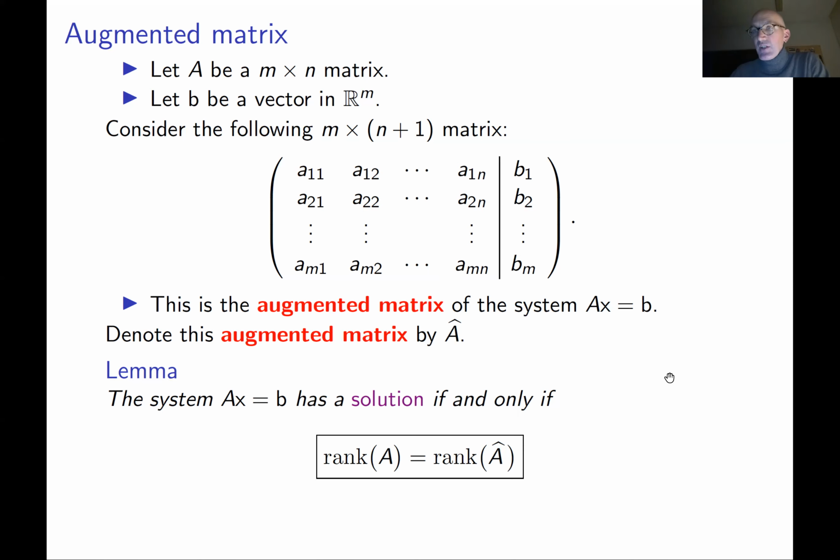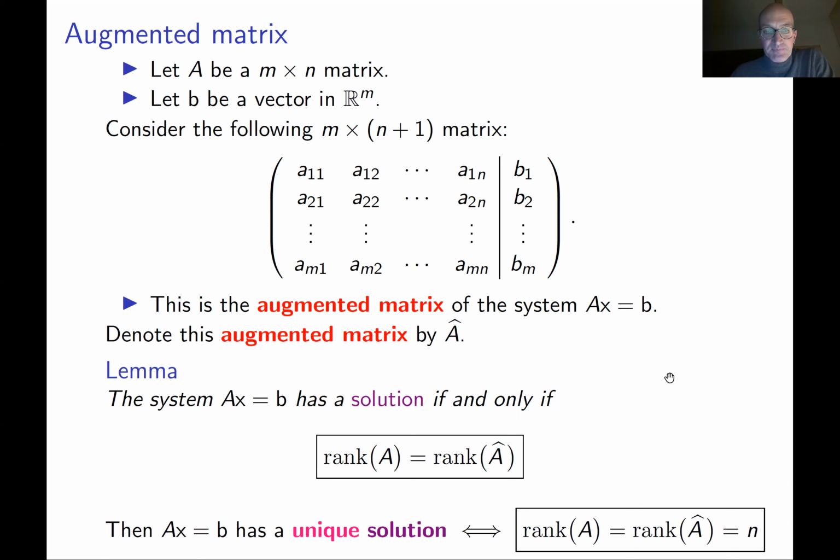But in applications, of course, you very rarely use this lemma explicitly. If you want to find the solution, it only tells you that it exists, but how to find it, it doesn't tell you. In particular, if you apply this lemma and the lemma on the previous slide, we see that the system Ax equals b has a unique solution if and only if the rank of the augmented matrix is the same as the rank of matrix A equals n, if all of these numbers are the same.